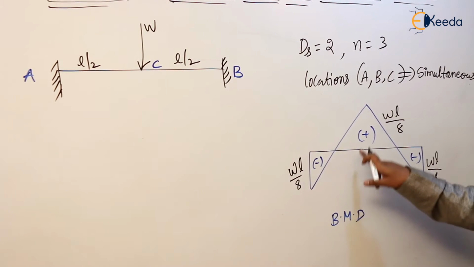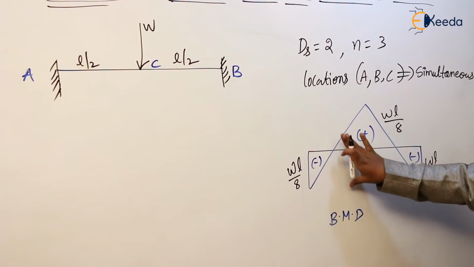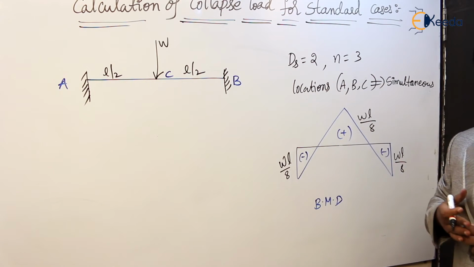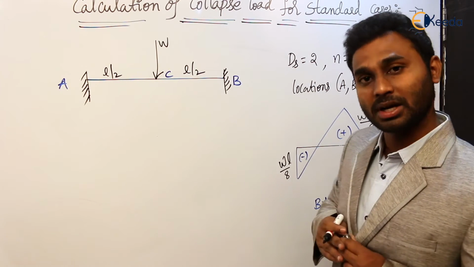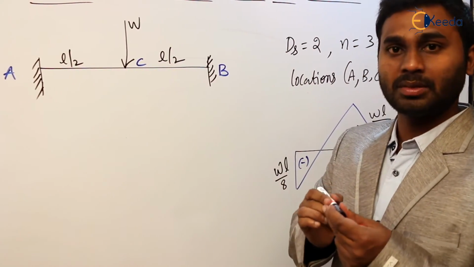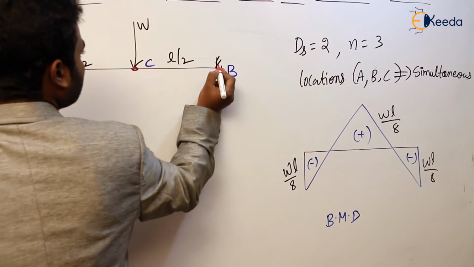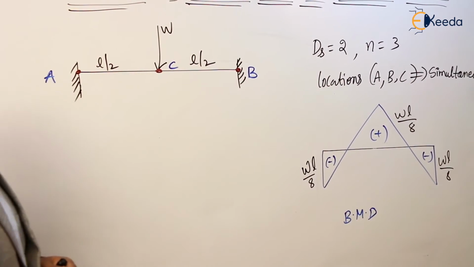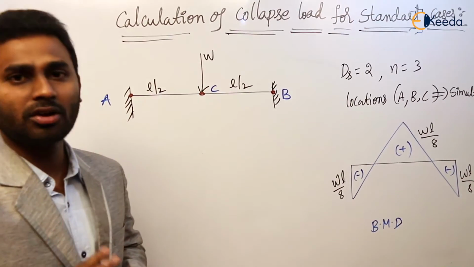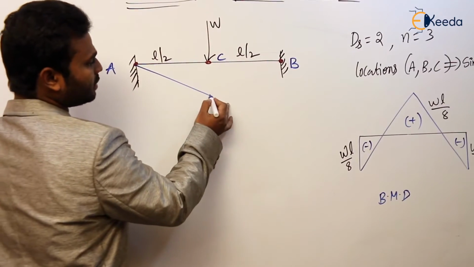So we are going to decide the sequence or order of the formation of plastic hinges based on the bending moment diagram. So if the hogging bending moment is equal to the sagging bending moment, then all the 3 plastic hinges will form simultaneously or at the same time, like in this case. So here all the 3 will form at the same time. So after forming the required number of plastic hinges, the mechanism will develop. Agree? So the mechanism shape will be like this in this case.